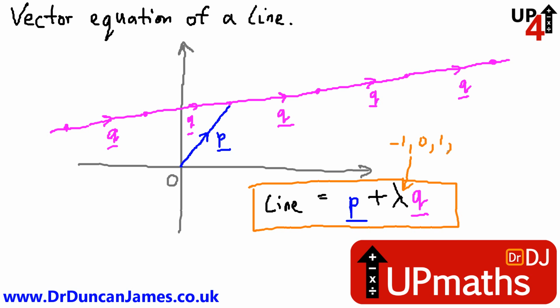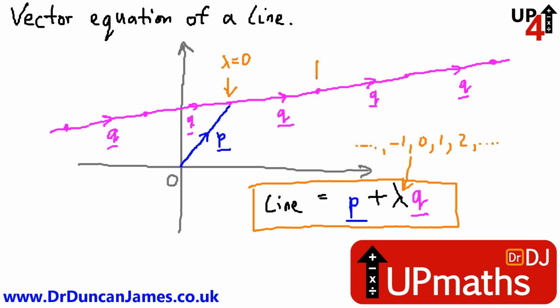0 or 1 or 2 or it could be any number. Or it could be like a decimal or something like that. So for example, this point here, that's where lambda equals 0. So if lambda equals 0, then it's just position vector p, because p is the position vector, p is like